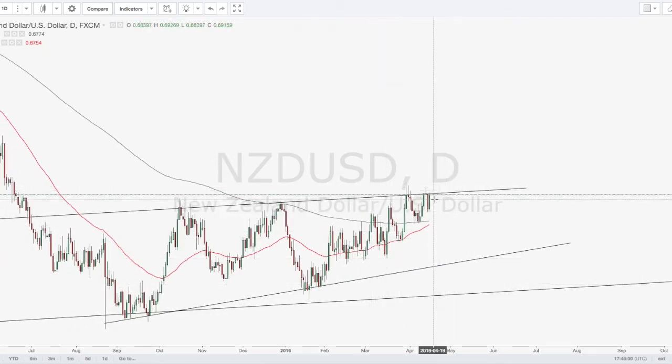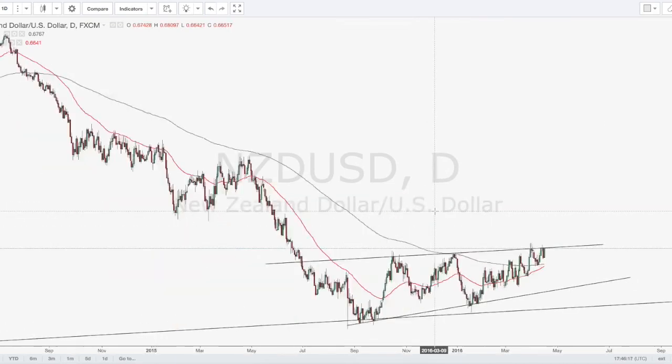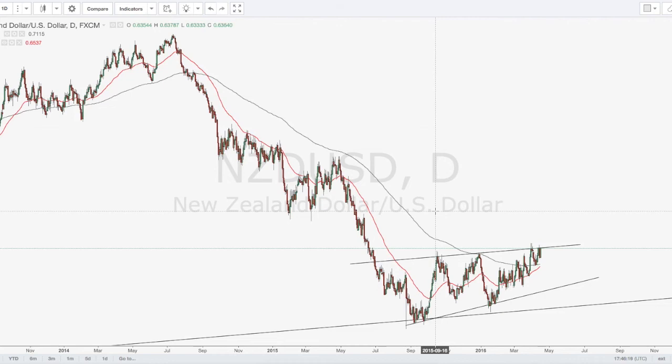So from this pair at the minute, we'd be looking for a breakout above this channel, which would signify that the momentum has indeed changed and it's going to start heading back up. Also, we'd want these two EMAs to cross, which adds further confidence to that move. In terms of where we're looking at in targets,